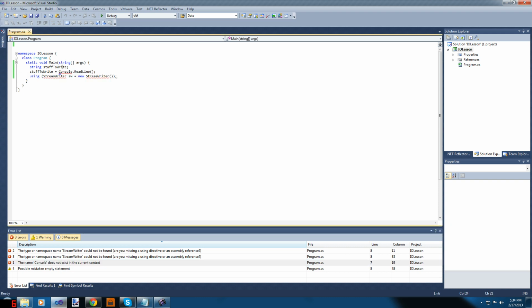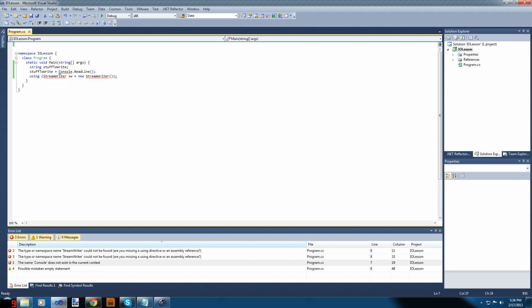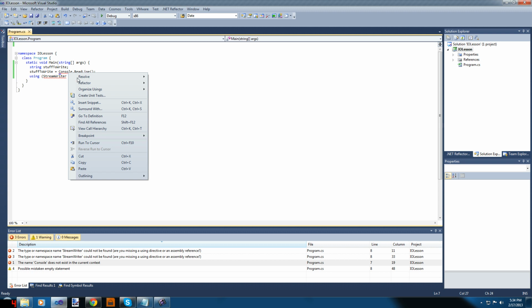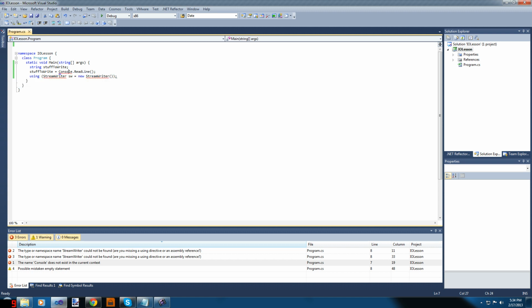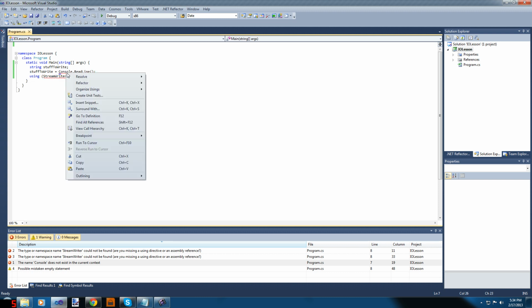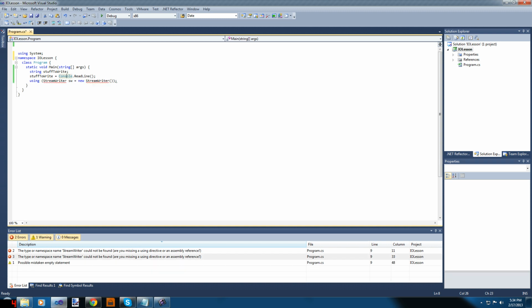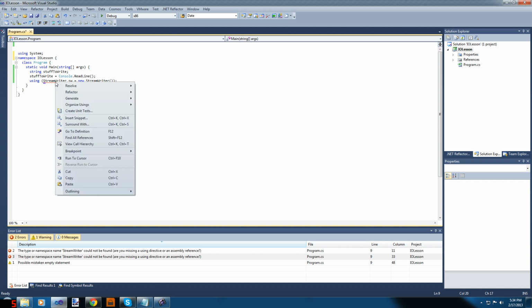The assemblies that those using statements were containing contain different classes and methods. Because we're missing that, it's going to say that, hey, nothing exists here. This thing you just told me about, it doesn't exist. So we have to resolve it. We right click it, we go to resolve, using System. Our console.readline's fixed. So now, our StreamWriter, we want to resolve it and use